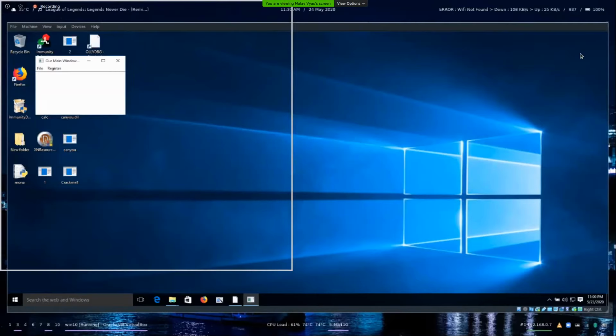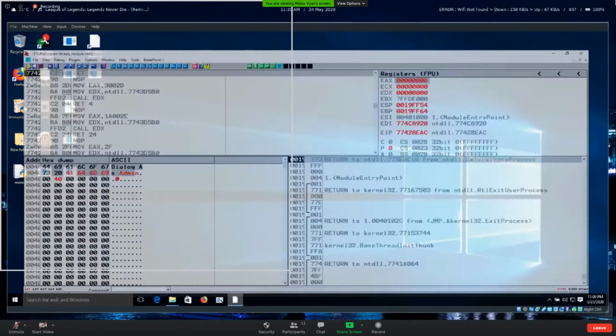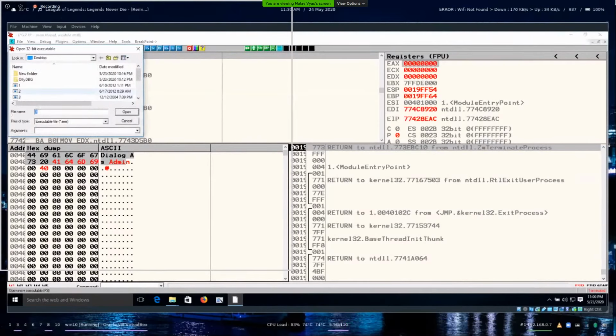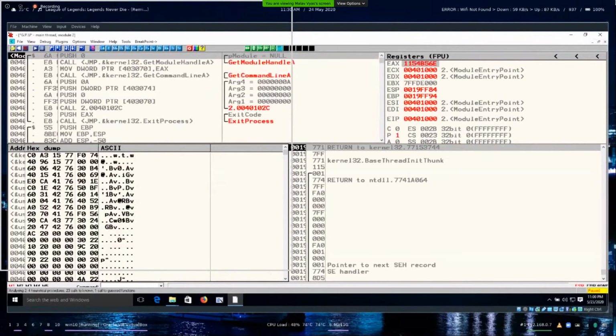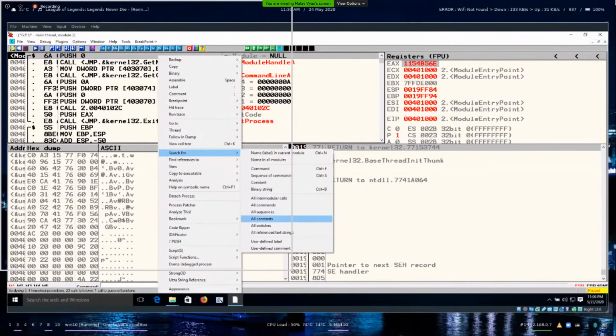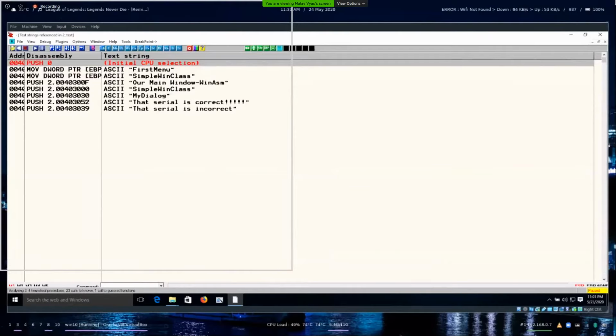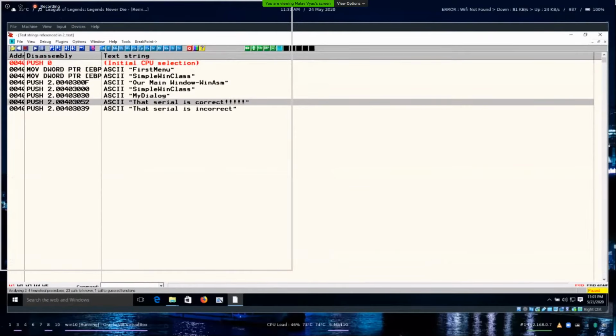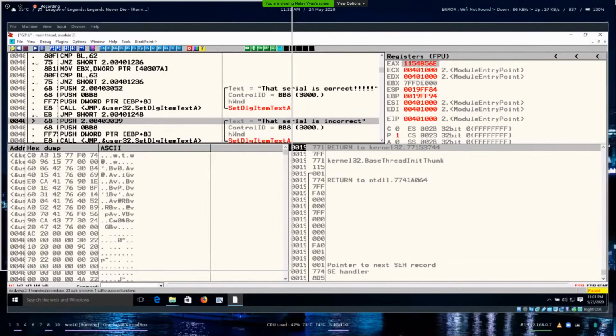So what we can do is open that in the debugger. It is paused at the start. In most programs, when you reference the strings, you can get most of the details out of the strings, and you can analyze what caused those strings. Search for reference strings. This is the string which hurt us the most: incorrect. Okay, I got the part where it is incorrect.